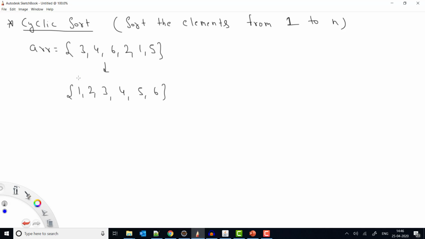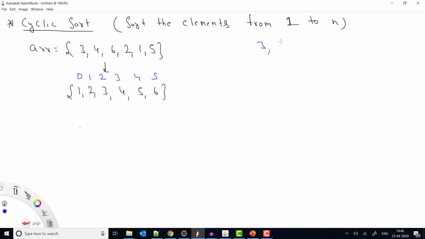So if you see here, here is my array, and what is the index? Index is 0, 1, 2, 3, 4, 5. So the ideal position of any element is the index plus 1. So if I have the correct position, I can check whether the value equals the index plus 1. In that case the value is already placed correctly, otherwise it is not placed in a valid position, right?